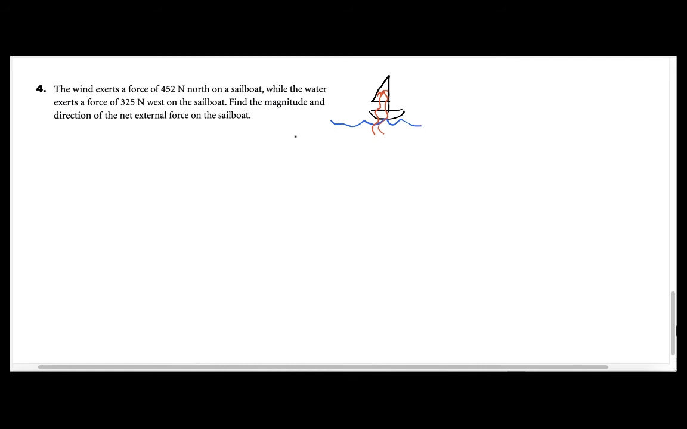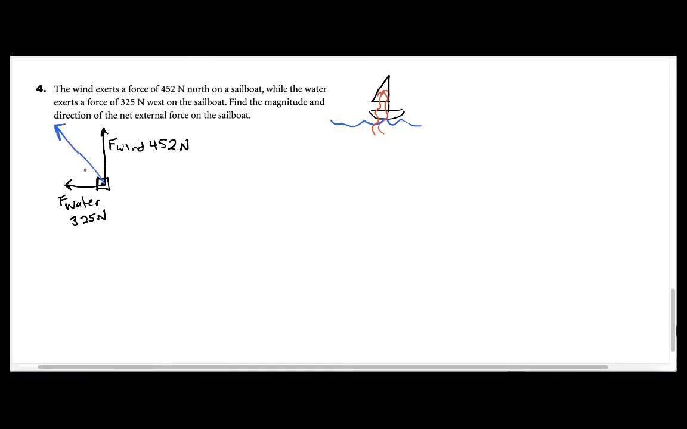So in example 4, you have a sailboat. The water is pushing it to the west, but the wind is pushing it to the north. And again, you're looking for the external force. So in free body diagram form, we'll just draw our box. We have the wind going to the north and the water going to the west. Notice the wind is pushing a little bit harder than the water. So that means the boat's going to end up going a little bit further north than it does to the west. We're going to put those two back together using trigonometry,